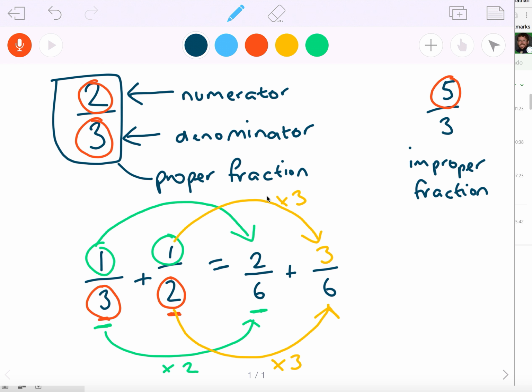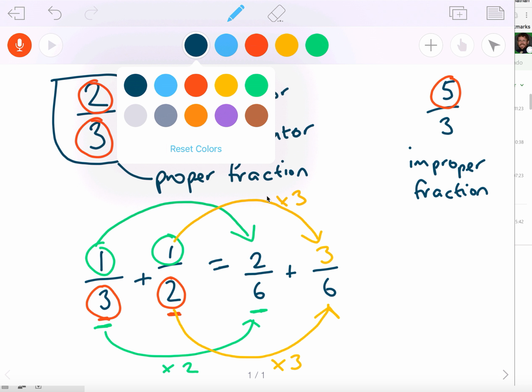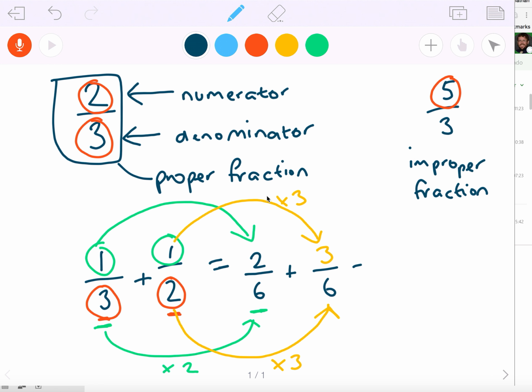As I've already said, I can't do my addition until I've got a common denominator. Now I have a common denominator, I can do my sum. I'm going to put equals. Now the denominator stays the same, so I'm going to leave that as over 6. Then all I'm going to do is add the two numerators together. What will I get? If I add 2 plus 3, I'll get